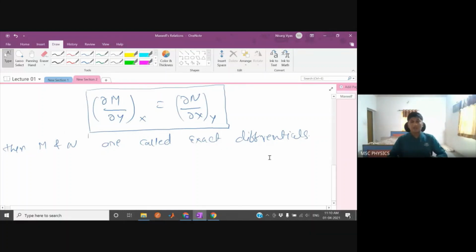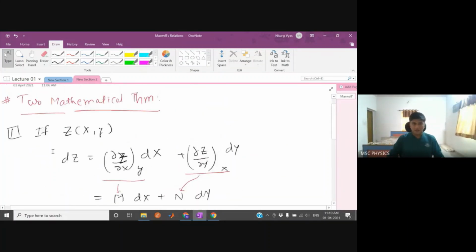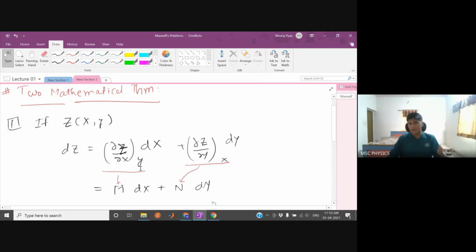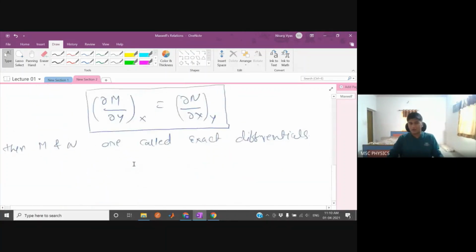So this is one mathematical theorem. I proved it in a somewhat semi-formal way because I assumed that this is always the case. This is known as the fundamental theorem. I assume that this can happen, and if that can happen, then you can prove this. This part we are going to use too many times today.